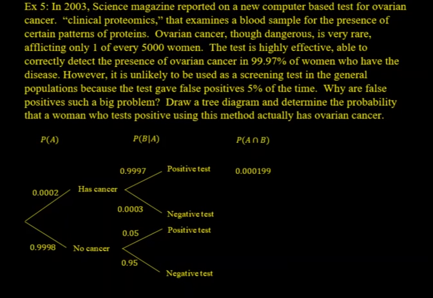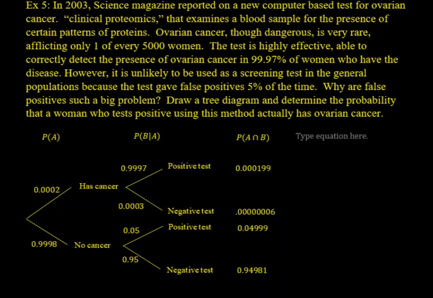Now we do the probability of B and A, which is has cancer and positive test, 0.000199. Probability of has cancer and a negative test, 0.00000006. Probability of no cancer and a positive test, 0.04999. Probability of no cancer and a negative test is 0.94981. Now we're ready to calculate this to figure out our solution,